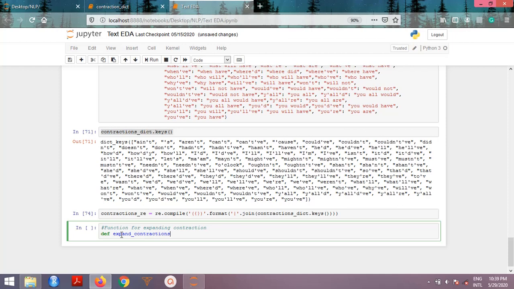This is going to take two parameters. The first one is the text, which is going to be our individual rows in our review column, and the second one is going to be our dictionary. So we say contraction